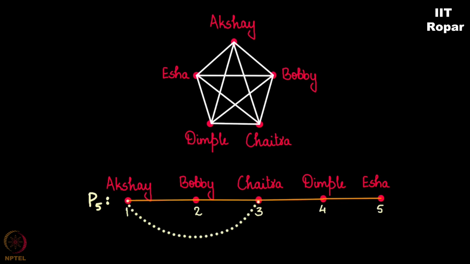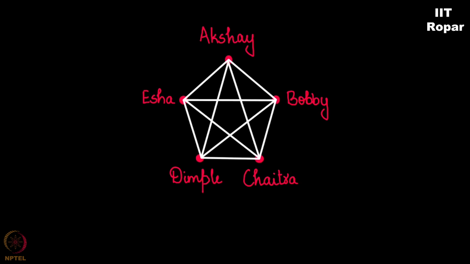When there are 5 people, each person will have 4 friends. Okay? And this is called a complete friendship network. Everybody is friends with everyone else. And such a graph is called a complete graph. And it is represented by K5. K for complete. I know it is C for complete, but conventionally in graph theory we say K for complete, and the complete graph on 5 nodes is K5.